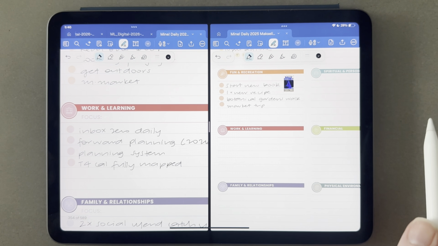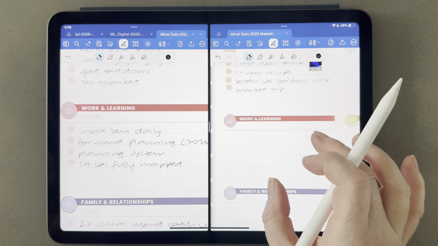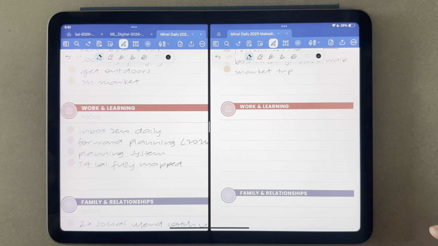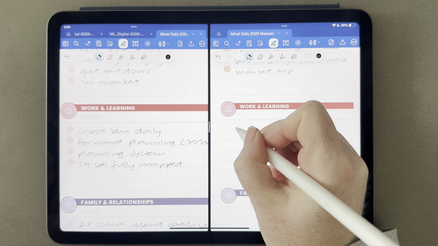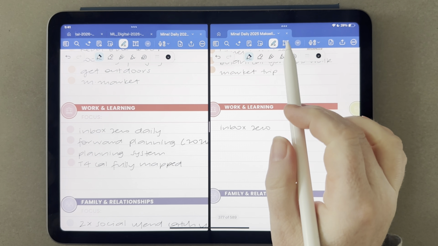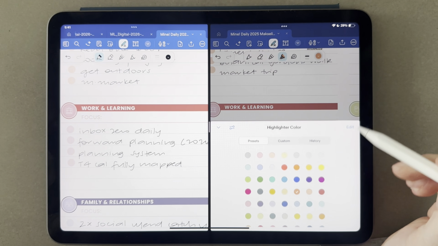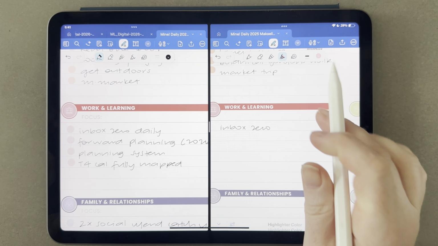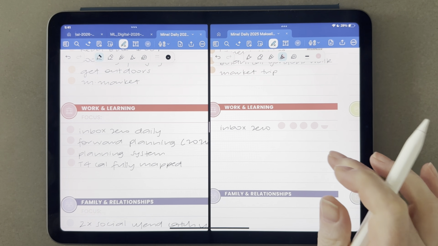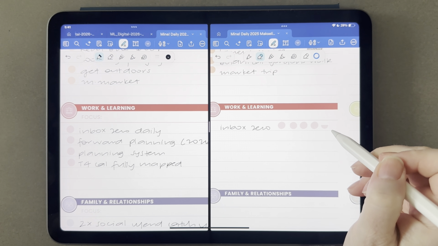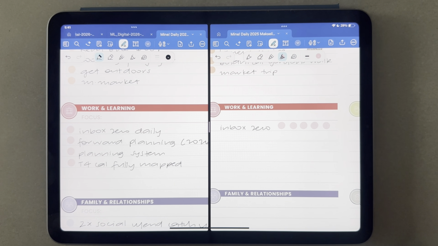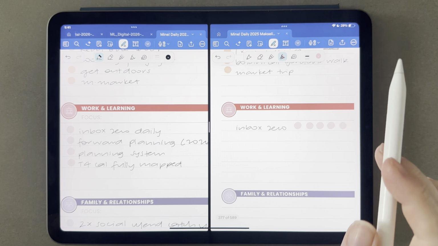So work and learning. Honestly, a lot of my really specific work goals are in my work planner and not the kind of stuff that is internet shareable anyway. But my inbox 0 is definitely important to me. That's a pretty big goal to do all 5 days of the week. Don't know why that sometimes happens when the highlighter mark has a white line through it. Anyway, so